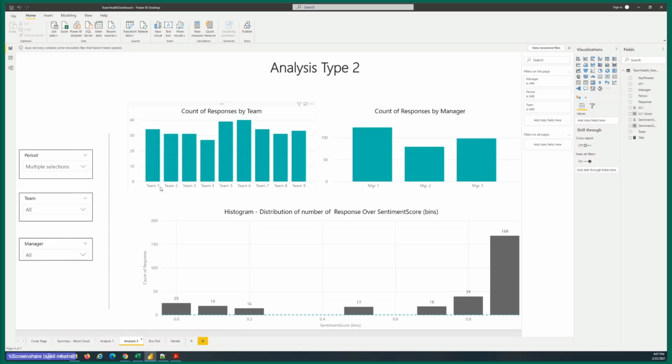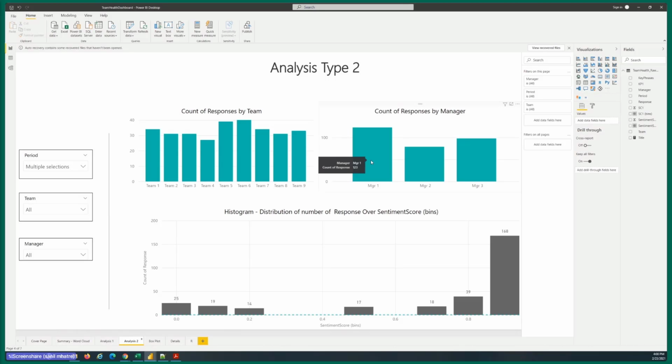So let's look at the counts, and you want to see, does team 4 have really few team members, and does the team with the lowest sentiment score have the highest number of team members? Because the number of people responding can also have an impact on what those responses look like. Typically, in teams that are really small, sentiment scores tend to be higher. In teams that are large, the sentiment scores tend to be lower. So it's really important to look at the team size as well.